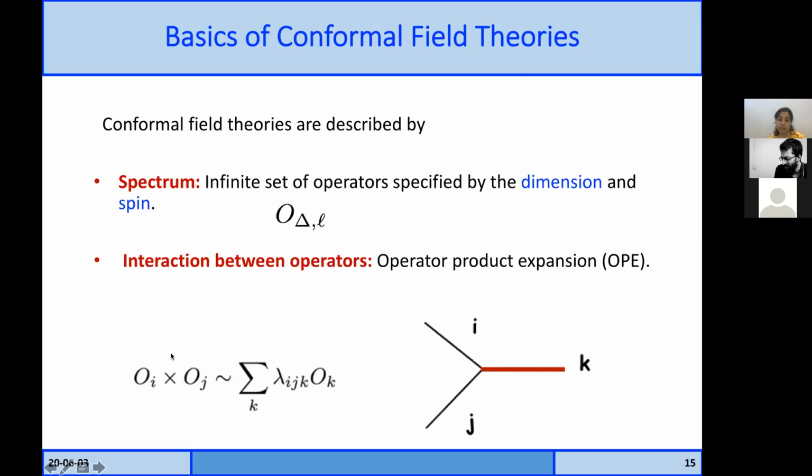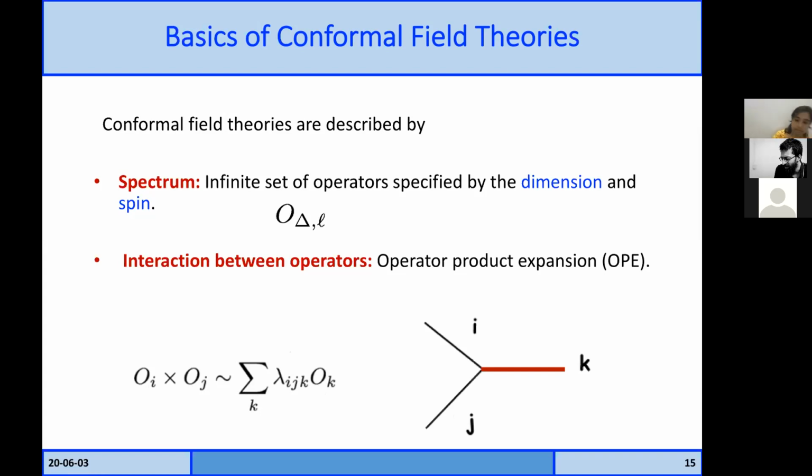So you can write a product of two operators in a sum over an infinite number of operators. So this is operator at i and this is operator at j, and you can write it as an operator at a, and there is an infinite sum, and these are the coefficients that we have. And the important point here is that this sum is convergent. So this is the essence of conformal field theory. We have a convergent operator product expansion.